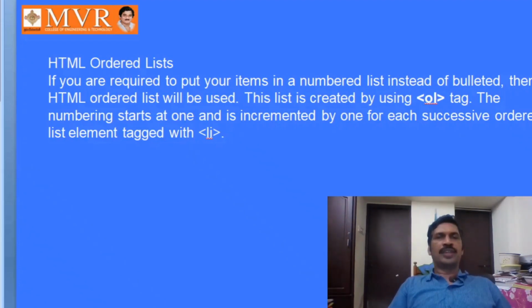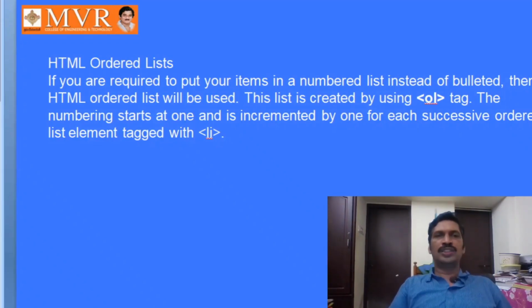We will go for the concept of ordered list. The tag for an ordered list is ol /ol. If you are required to put your items in a numbered list instead of bullets, then the HTML ordered list will be used.